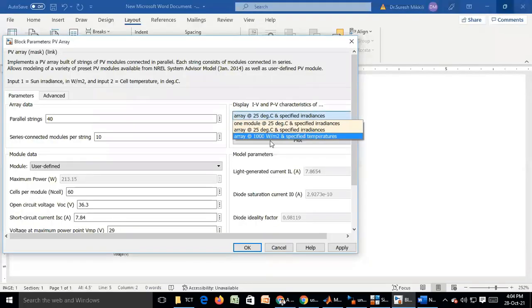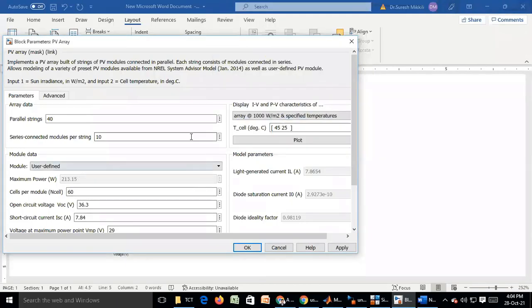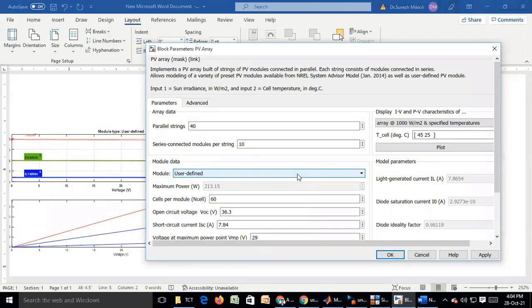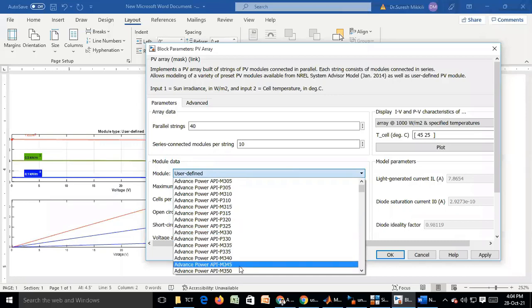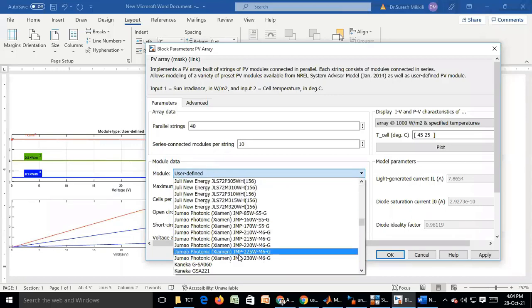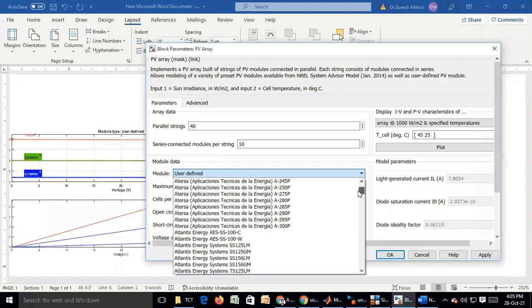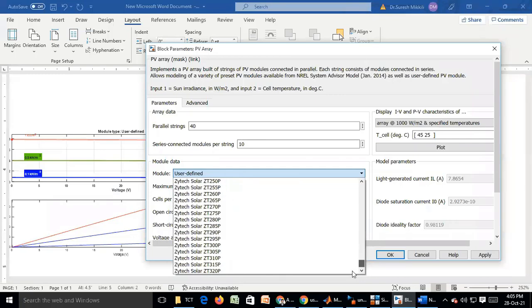And next we have taken 1000 watt per meter square. Now this is for which one? So the module we need to consider. There are several options. So you can select whichever you want. The modules can be selected based on the power ratings. So based on the power ratings, you can select one PV module. There are these many power rating options.